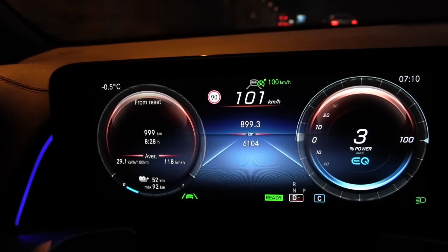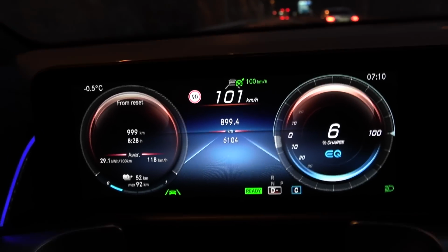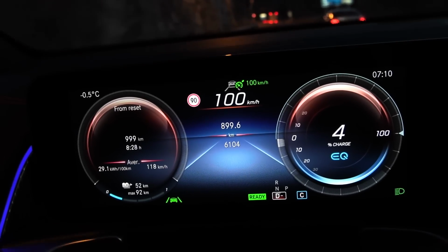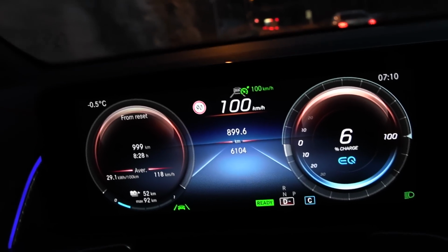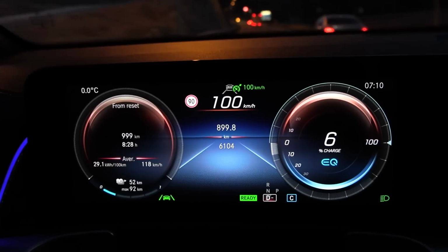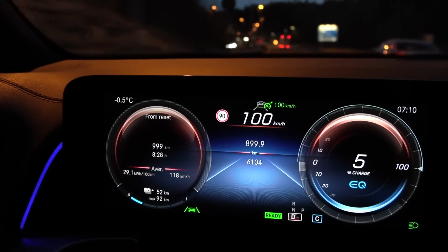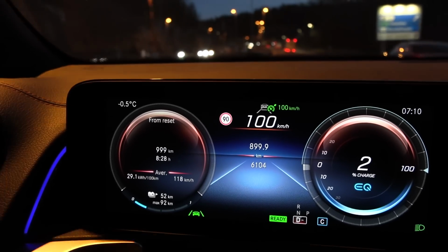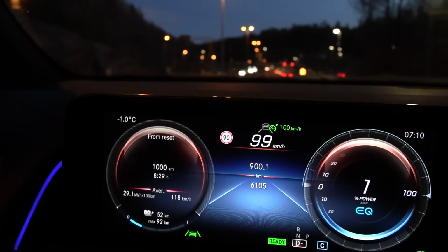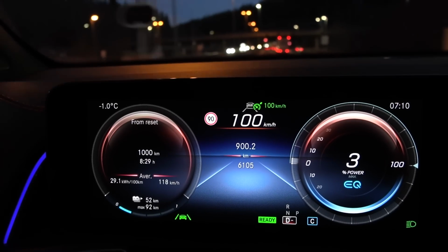Okay, this is a weird countdown. 9994, 9995, 9996, 9997, 9998, 9999, 1000. Wait, 7:10. Ooh. Okay, 7:10, so minus 5, all right, 11 hours and 5